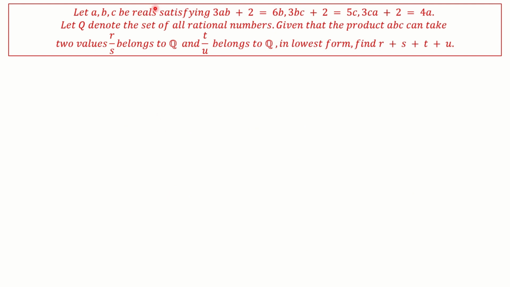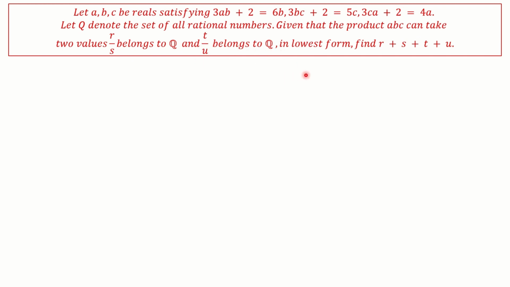Let a, b, c be real numbers satisfying 3ab plus 2 equal to 6b, 3bc plus 2 equal to 5c, and 3ca plus 2 equal to 4a. Let Q denote the set of all rational numbers. Given that the product abc can take two values, r by s and t by u, belonging to Q,